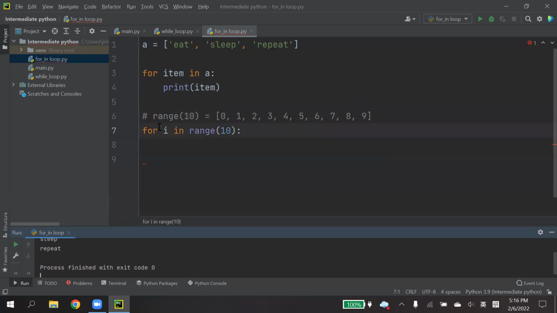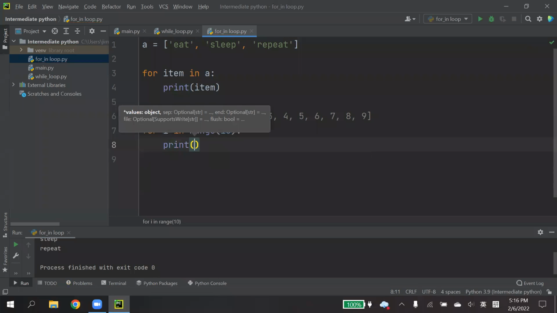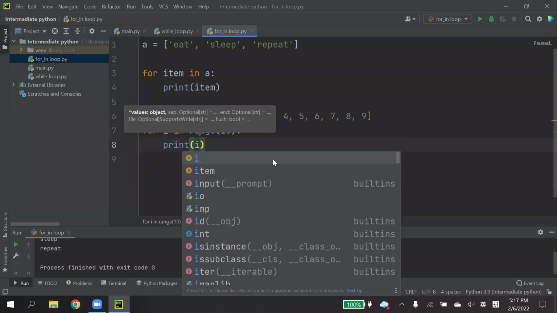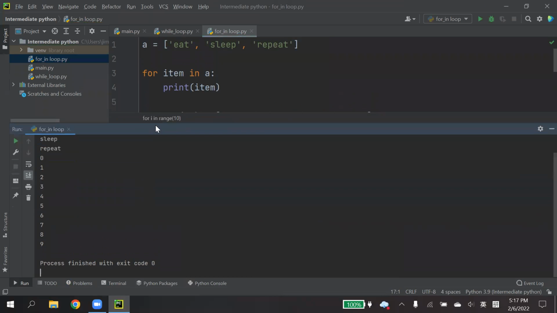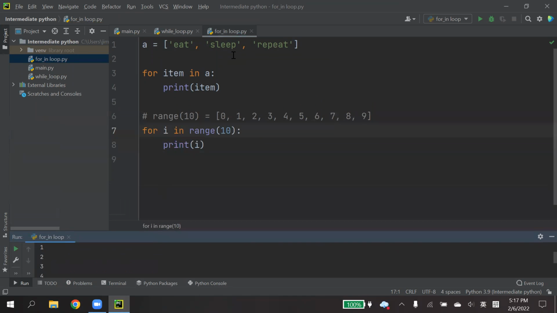So if you write range 10, it is something like this: 0, 1 until 9. So you can repeat 10 times. For example, if I print i, I will get 0 to 9. So when you know how many times you want to repeat, you can use a for in loop together with the range function.